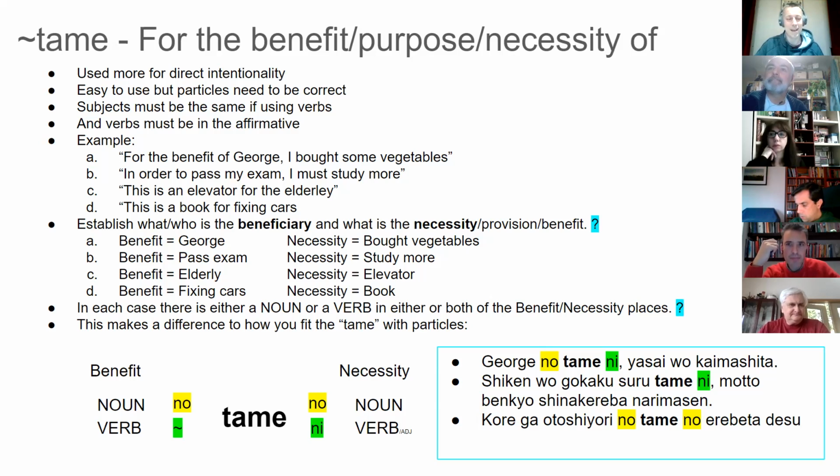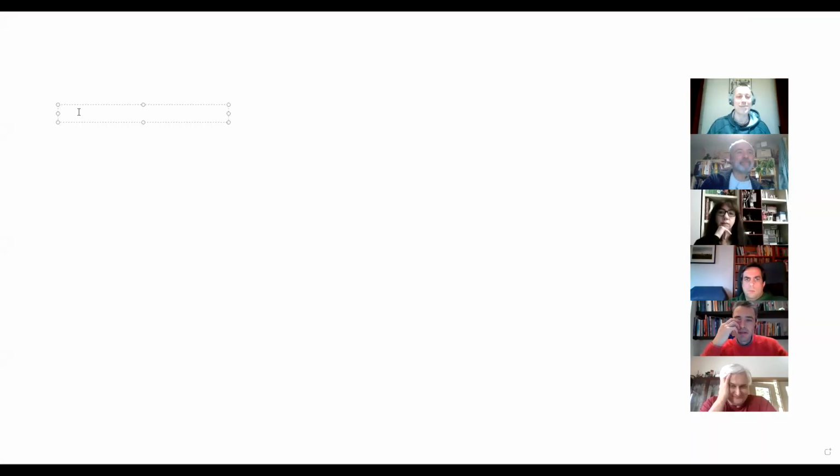And Tom? Maybe this is a little bit too far-fetched, but if I wanted to say that for the benefit of George knowing, then tame ni, the contents of the box has to be visible. So if I have a stative verb. Right, hang on a second. Let me just quickly write this down because I need to understand what you're saying. One more time, Tom. So for the benefit for me of knowing what's inside the box. For the benefit of me knowing what is inside the box.